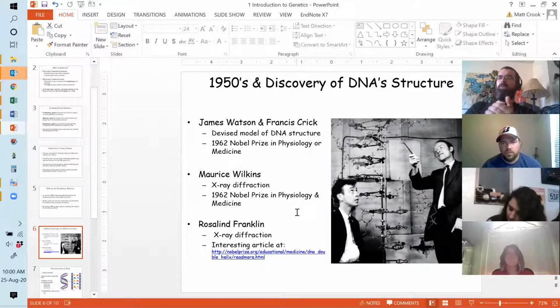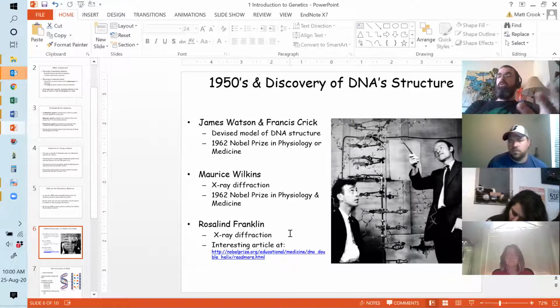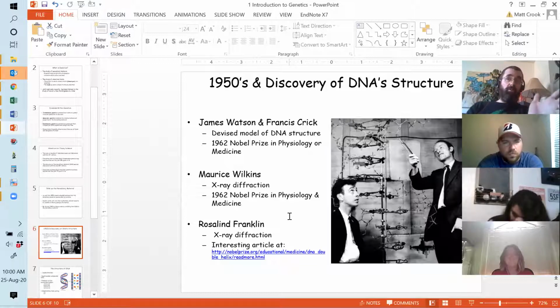I wish I could remember what it's called. I'd have to look it up. But anyway, she had taken a bunch of pictures of crystal DNA structures, essentially, right? And she went off to a conference, I think it was, and Watson and Crick happened to be visiting Maurice Wilkins at the time, and they, as the story goes, saw those pictures on his desk and went, "That's the